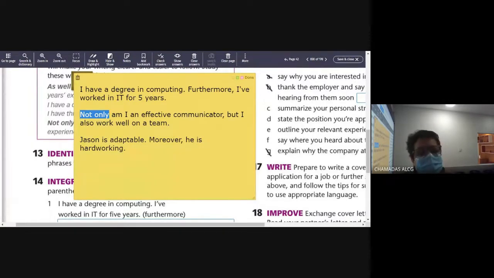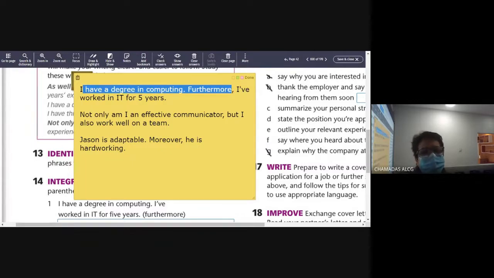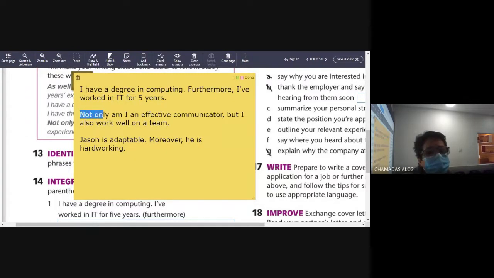Here that doesn't happen. Look, Jason is adaptable, period. Moreover, comma, he is hardworking. So here it's okay. Number 1 here, okay too. I just have to add the addition linking word and then a comma. Perfect. But when I have not only,